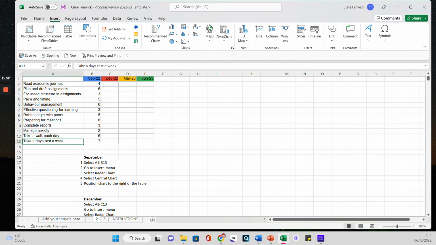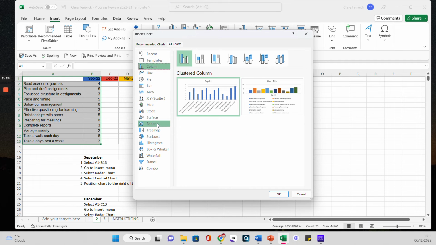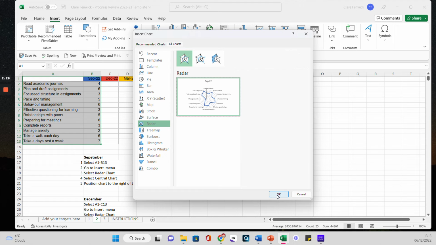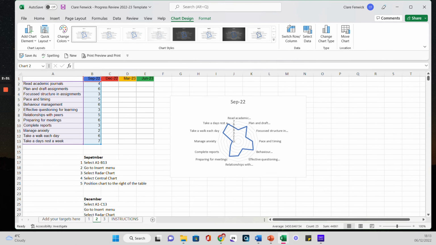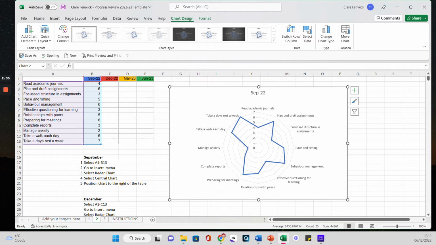So if you read the instructions here, you'll see that I need to select these cells here. And then if I go up to insert, so I'm on the insert menu, and I go into charts, I'll ask for all charts. Can you see I can find radar charts? So I am going to select that. And that gives me a spider or a radar chart of my progress against each of my targets that I